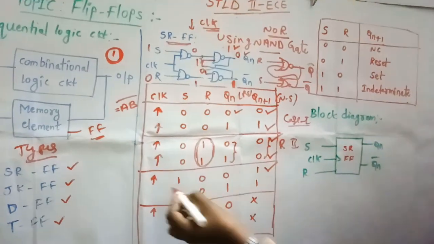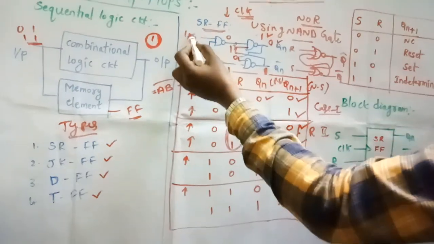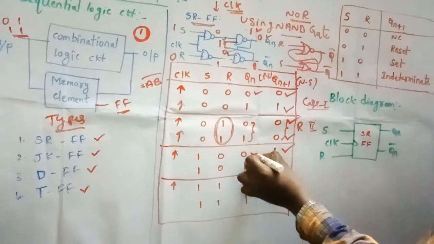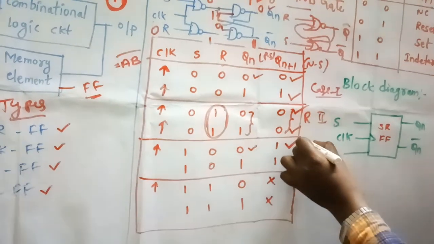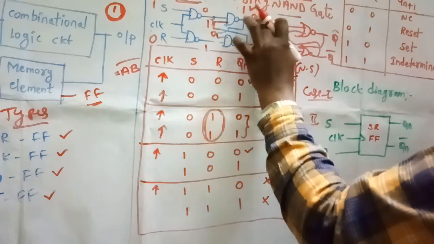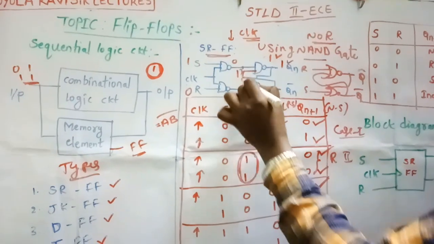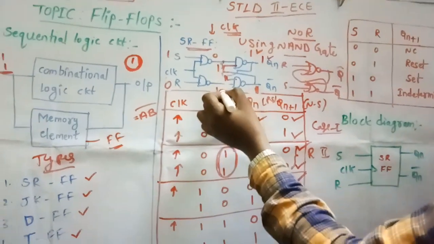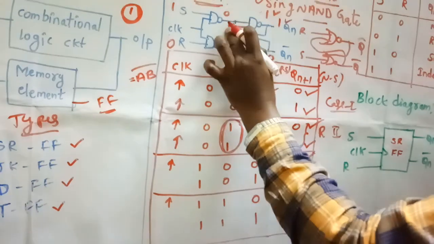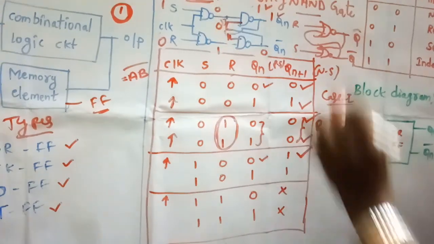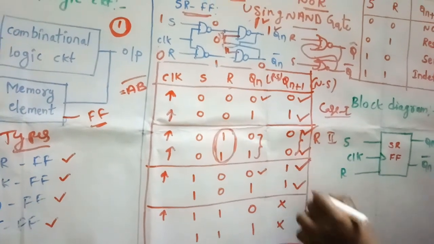Clock applied, positive clock, 1 0 case, S is 1, R is 0. My present state is 0, 0 comes here, then my next state becomes 1. In the same manner, let us consider Qn as 1. Present state as 1, this 1 comes here. Already we have 1, that is 0 bar 1. 1 into 1 is 1, 1 bar is 0. This becomes 0, 0 comes here. Again 0 into 0 is 0, 0 bar is 1. Again the next state becomes 1.